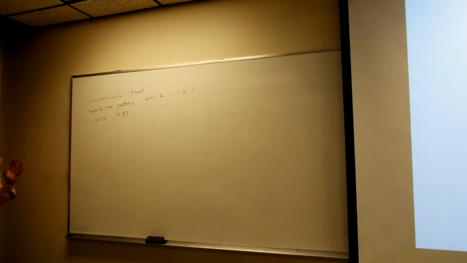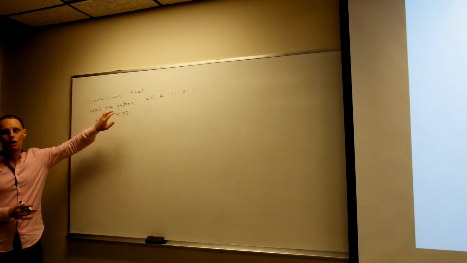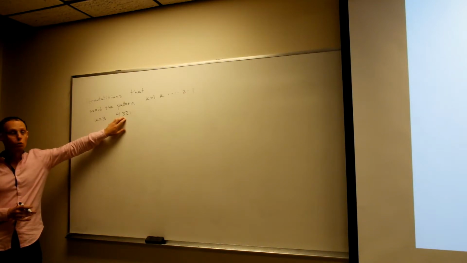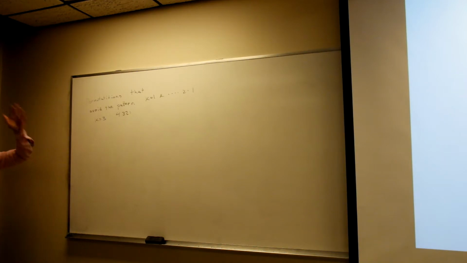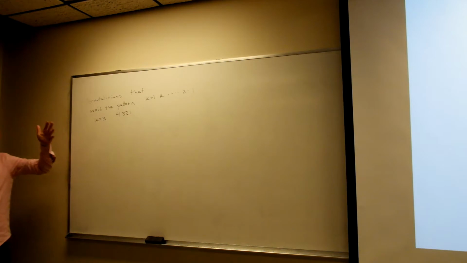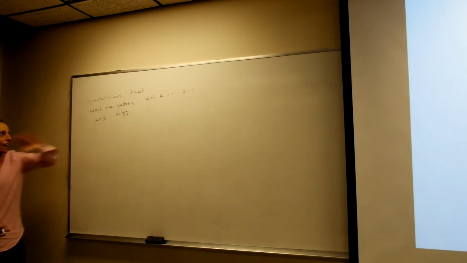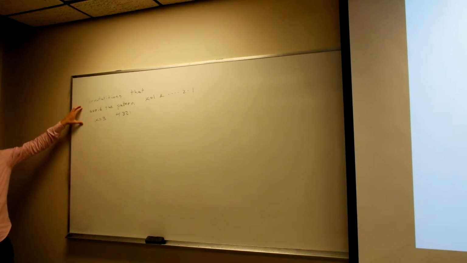There's a huge difference between going from the permutations that avoid the pattern 3, 2, 1 to permutations that avoid the pattern 4, 3, 2, 1, but there's no difference going from 4, 3, 2, 1 to a million, 999,999 all the way down. So these are permutations that have